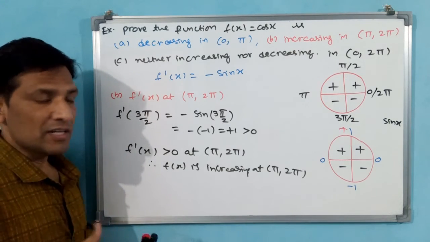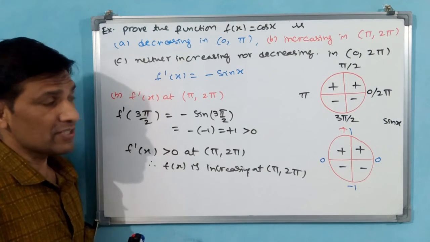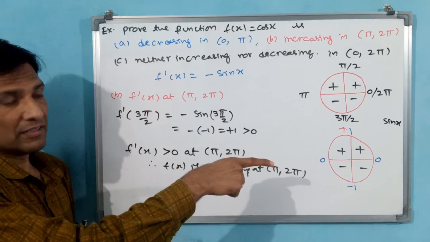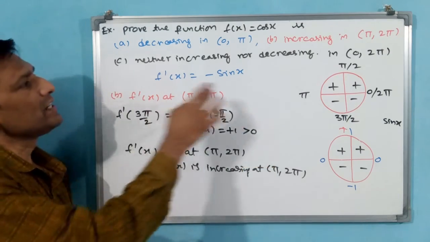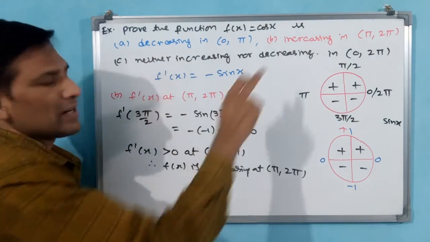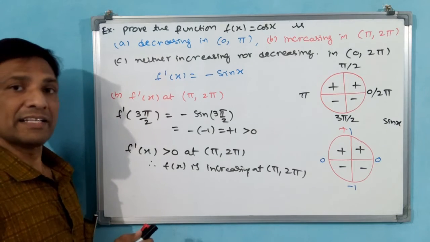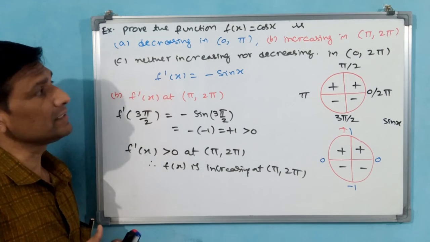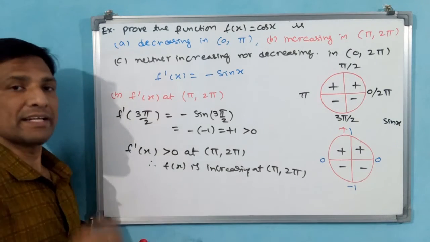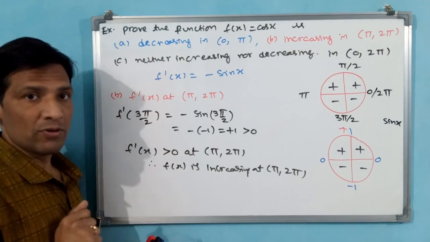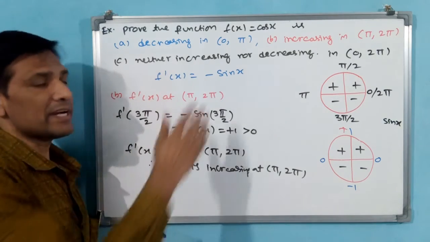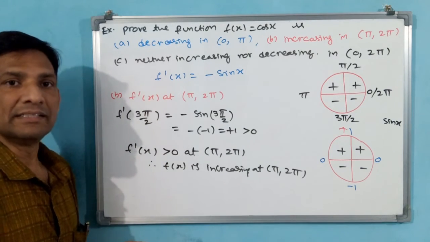But this is not constant. Constant means constant like you can write, but this is not constant. Increasing and decreasing both are happening. That is what you can write. In this area, the function is neither increasing nor decreasing, like that you can write and close. Why? Because you cannot decide whether it is increasing or decreasing. That is why you write neither increasing nor decreasing. Net result is 0. We can say net result is 0. That is why you can write it neither increasing nor decreasing. Okay?